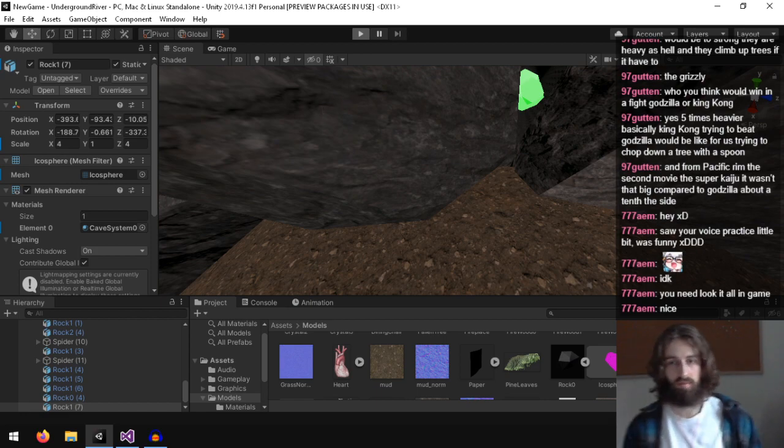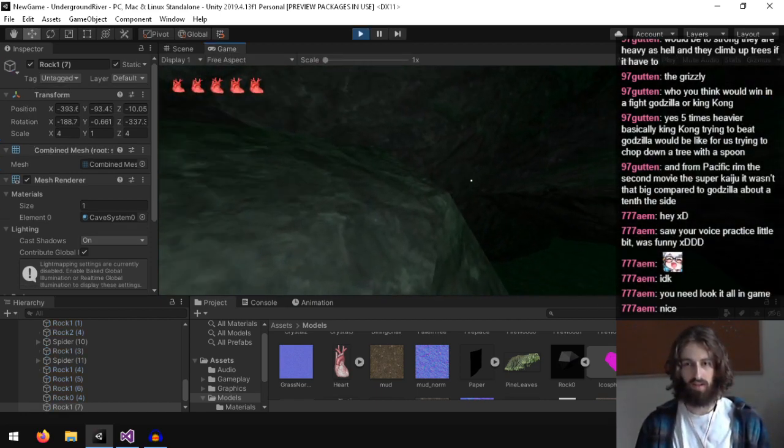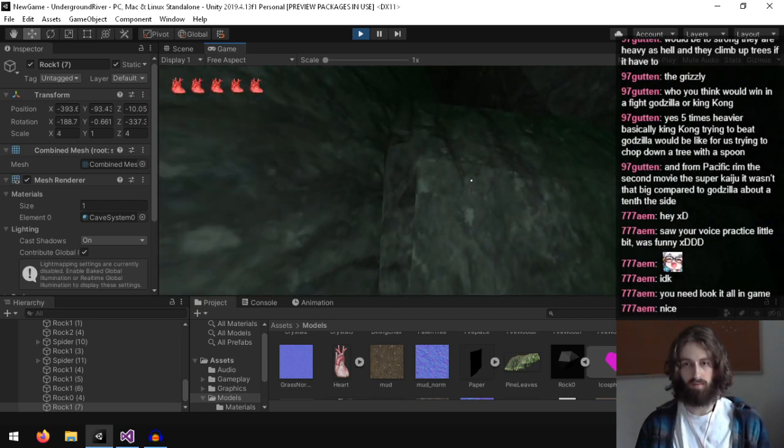Alright. I think this cave area is going really well.